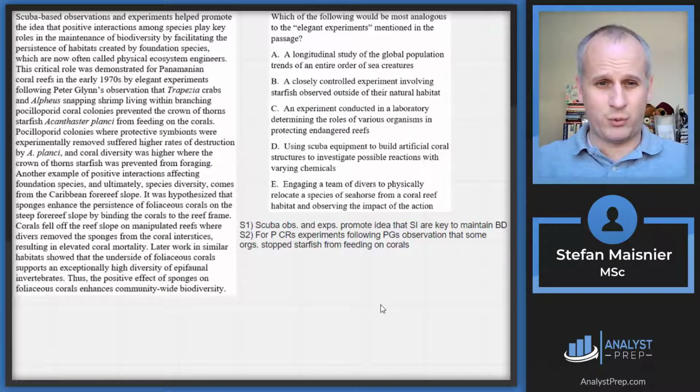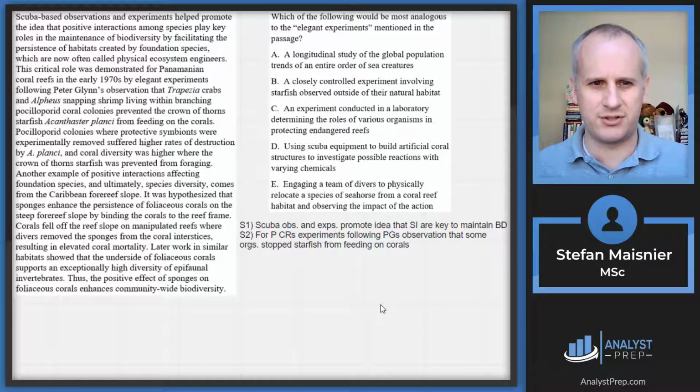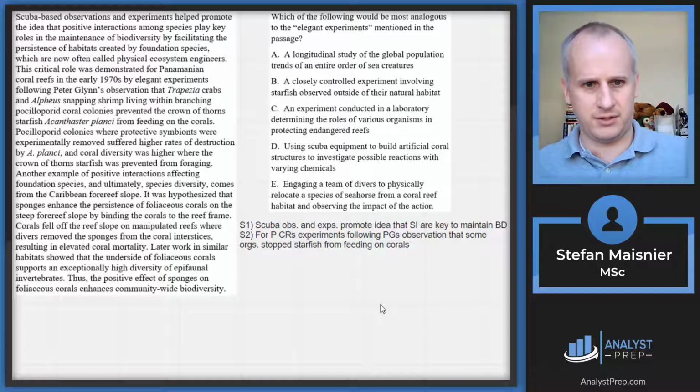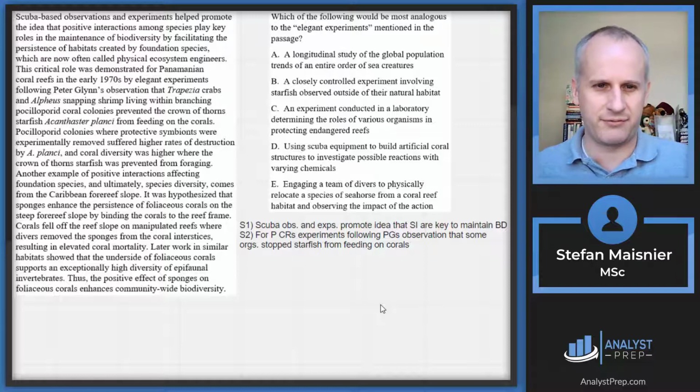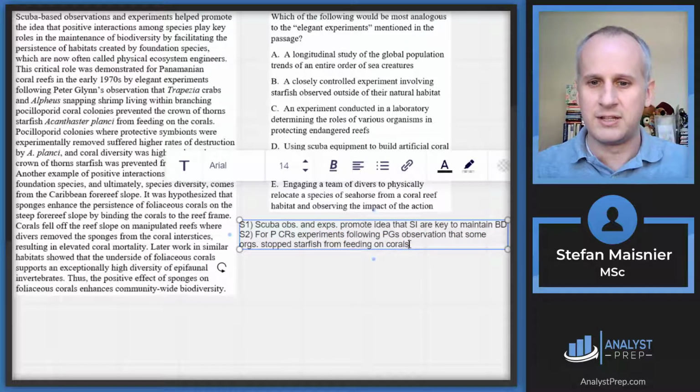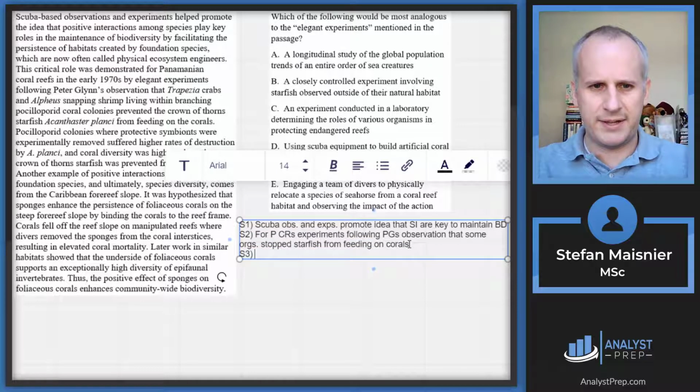Then, corals. We then find out in the next sentence, pea colonies, again, I'm not going to try to pronounce that word, where protective symbionts were experimentally removed, suffered higher rates of destruction by that starfish. The AP is that starfish. And coral diversity was higher where the crown of thorns starfish was prevented from foraging. So these are the experiments. So S3 are the experiments